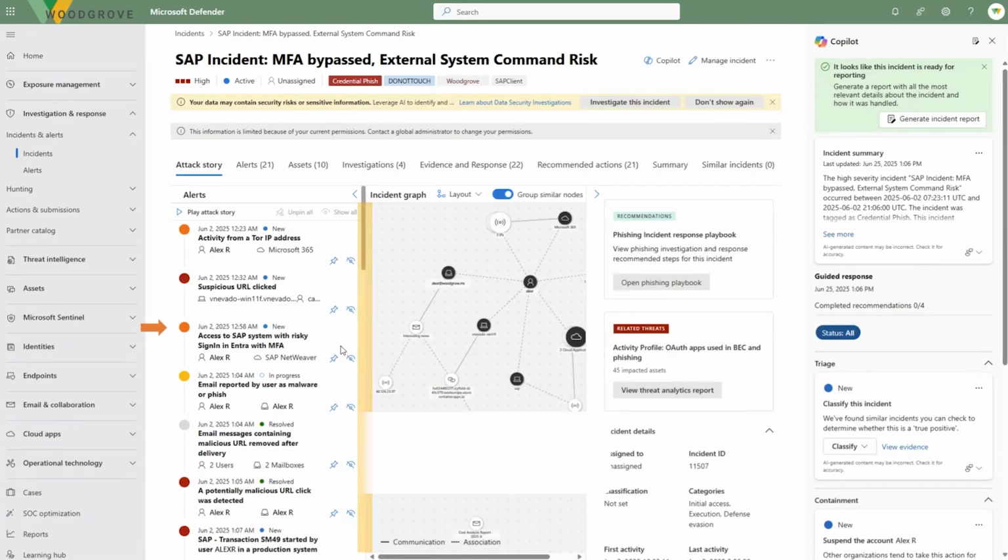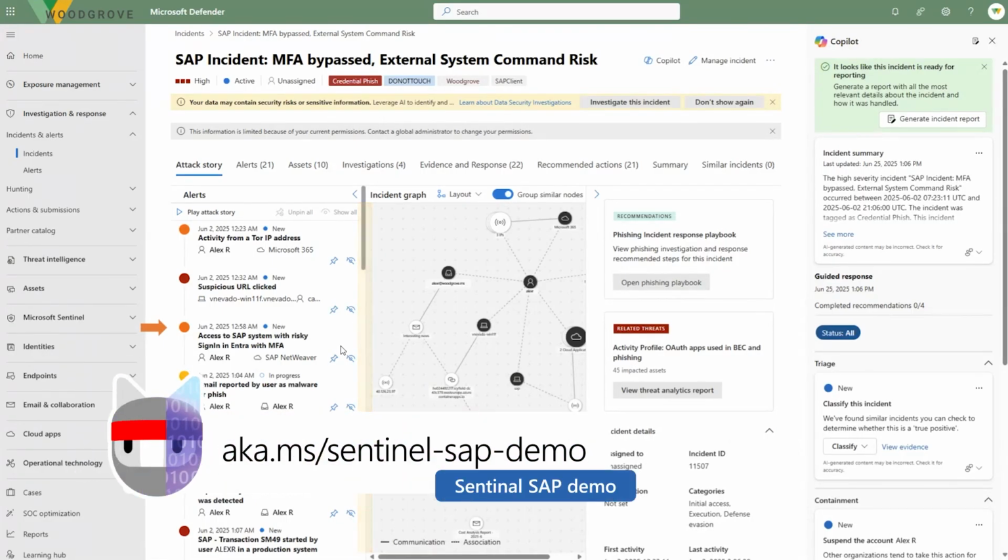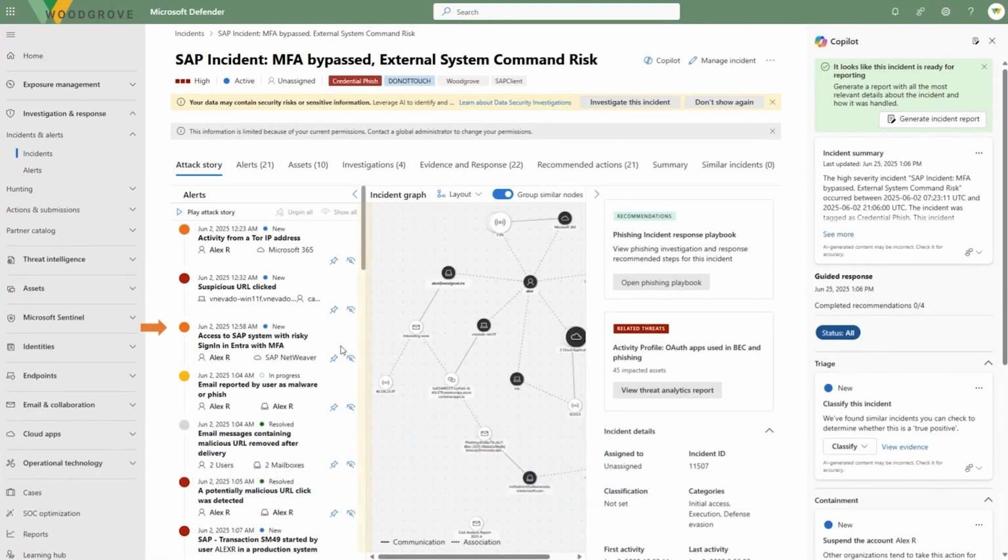Wow. And how does it look in Sentinel or in XDR now? So we saw the action that the SOC or the SAP security team could take. And in here, you are then in the full-blown view of what Defender and Sentinel together can offer. Wow. Okay, so now I see actually there is an SAP incident. There was MFA bypassed, and you see all the different steps and the access as an alert that came from the Sentinel connector. Wow. Okay, pretty cool.